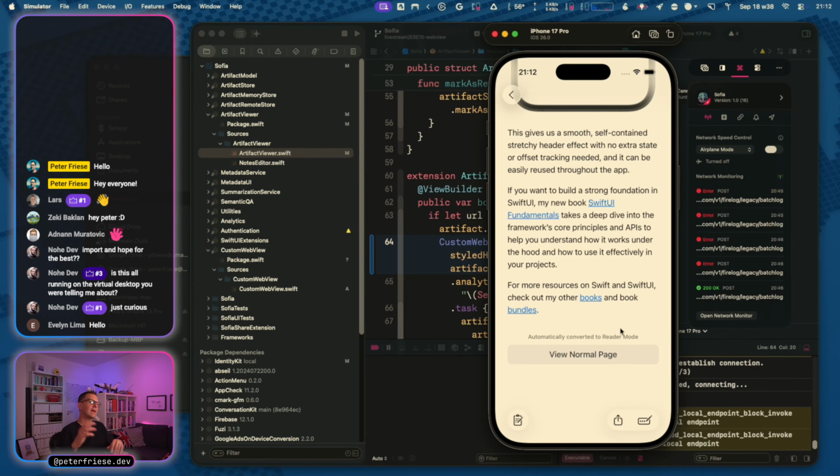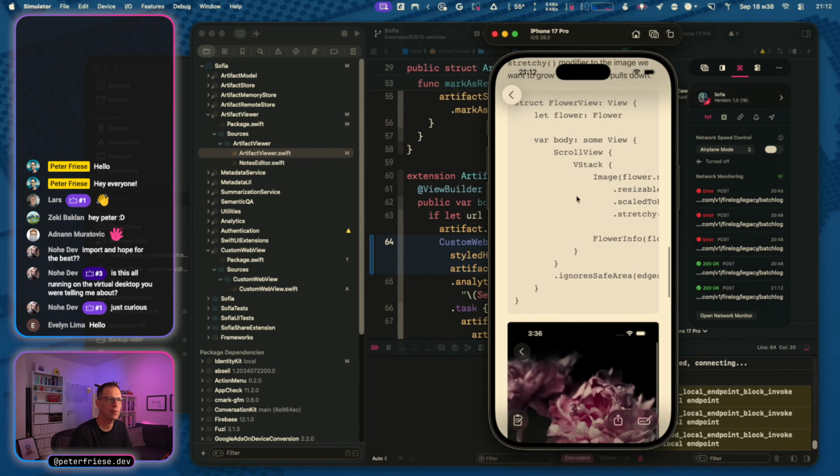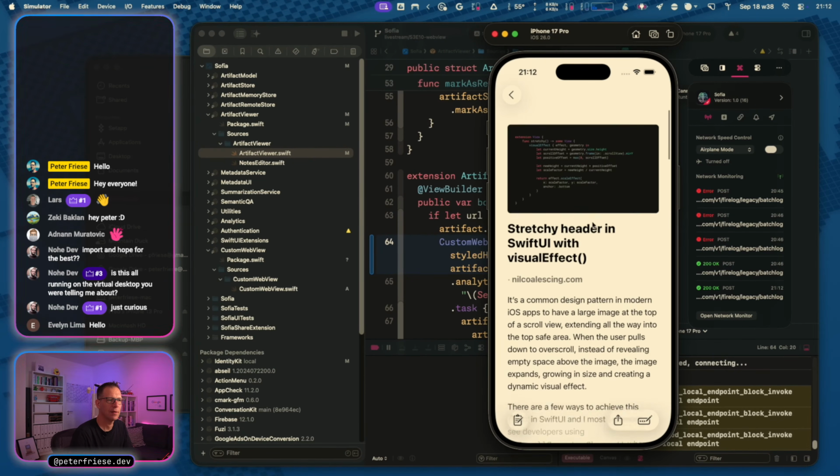Because if it's a long piece of content, then it might take a while for it to be processed, and that's time when the user has to wait. But anyways, so this actually uses SwiftUI's new WebView,